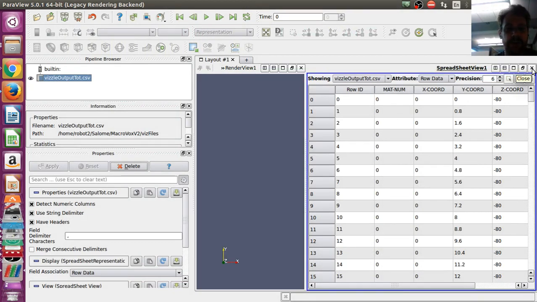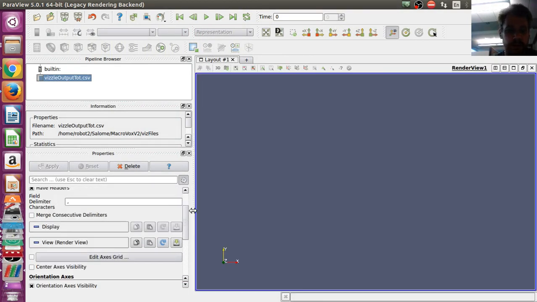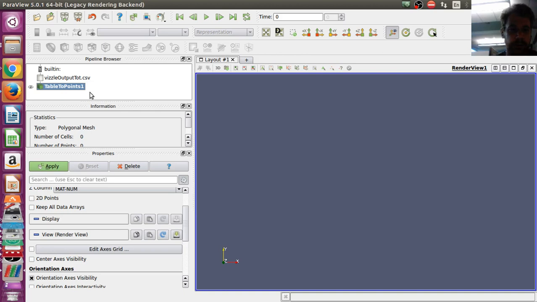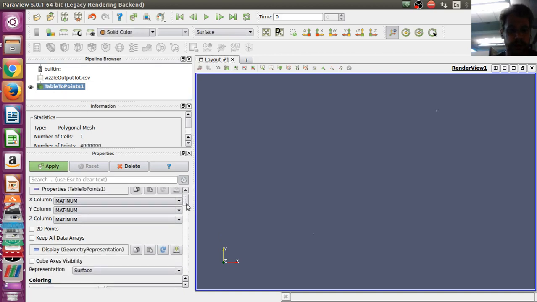our output.csv. Close that, and you can use table to points or table to structured grid. I'm just going to use table to points for now. Structured grid will get you a bit more performance, but it takes longer to set up. Set our x column to the x coordinate, y column to the y coordinate, z column to the z coordinate. Apply,